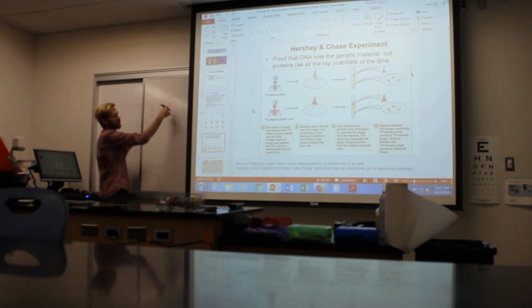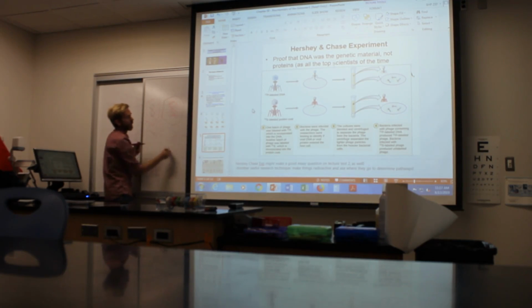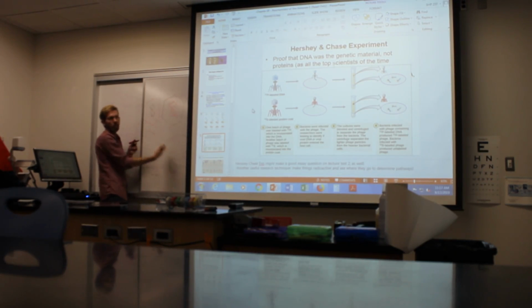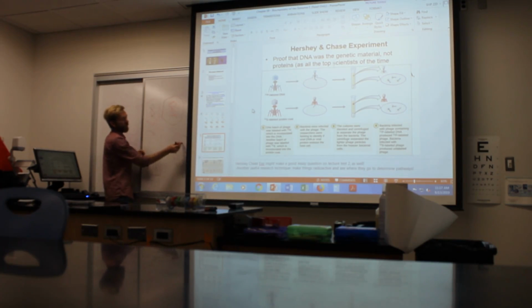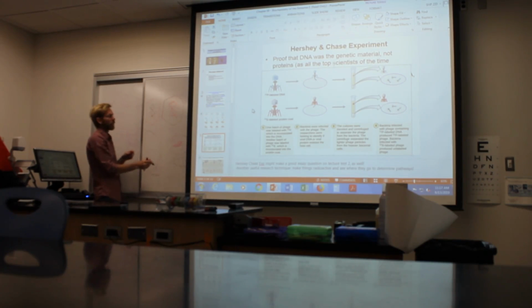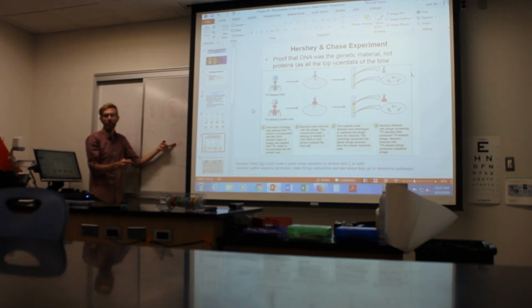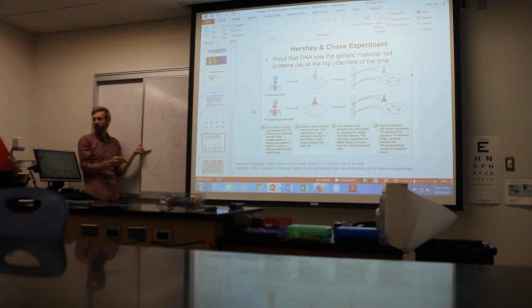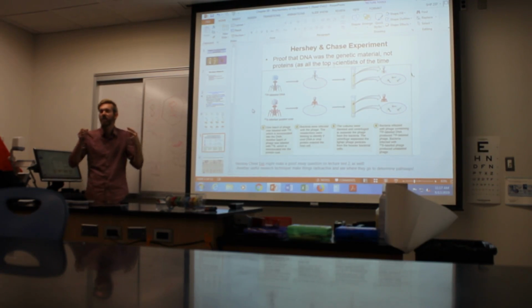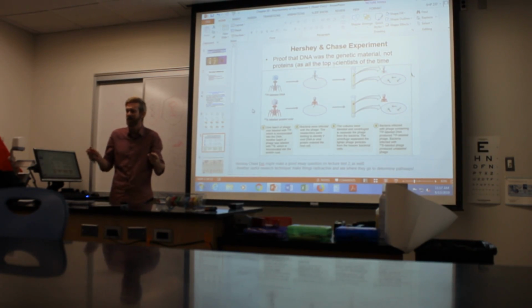But in the cells where the DNA was radio-labeled, they were able to make radioactive virus. Well, some of the virus babies were radioactive, and radioactivity was found inside the host cell. So this proved that the DNA is entering the cell, but the protein is not entering the cell. So the information must be written in DNA. That's the gist of